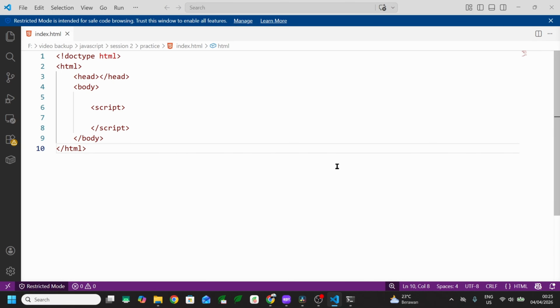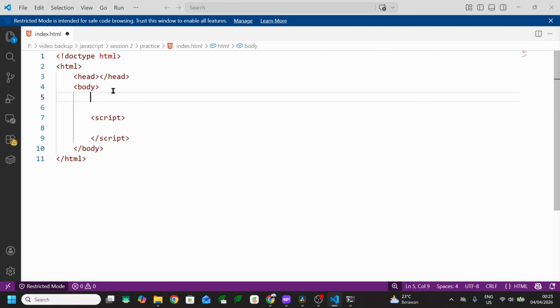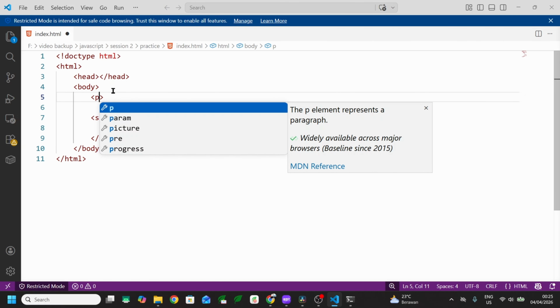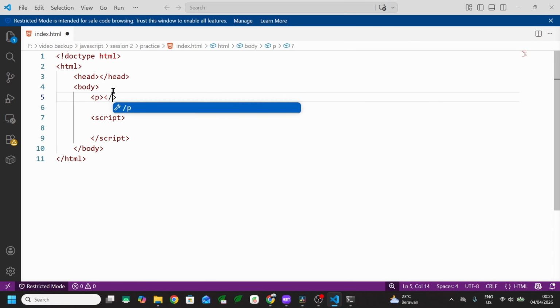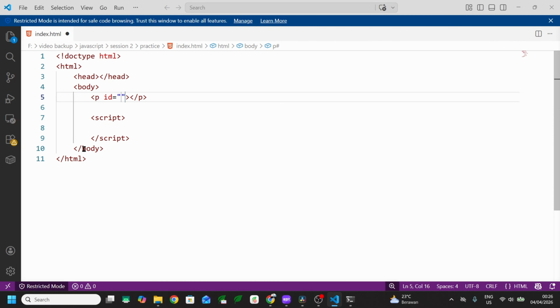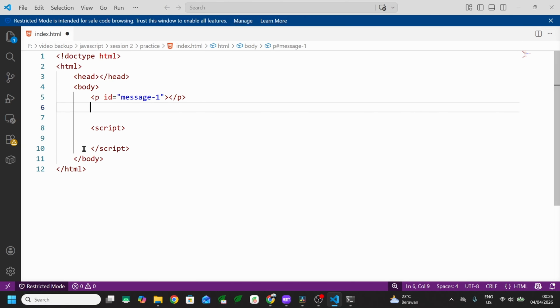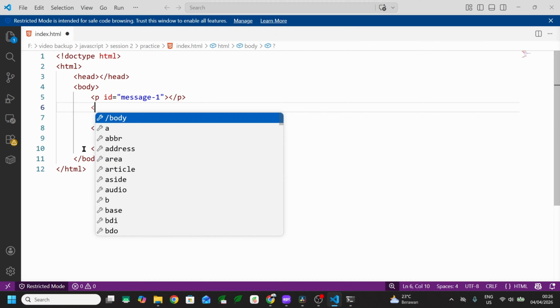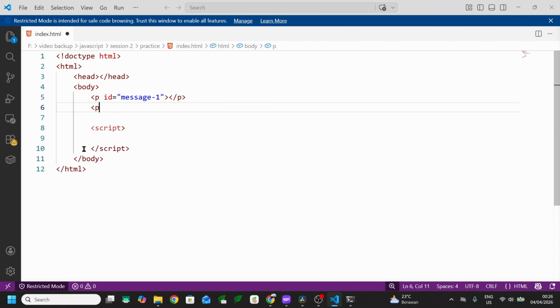Now let's get practice. For example, I have an element named p. Then I will give the specific ID selector with the name MiSequence, and for another p text I will give a different ID, for example MiSeq2.